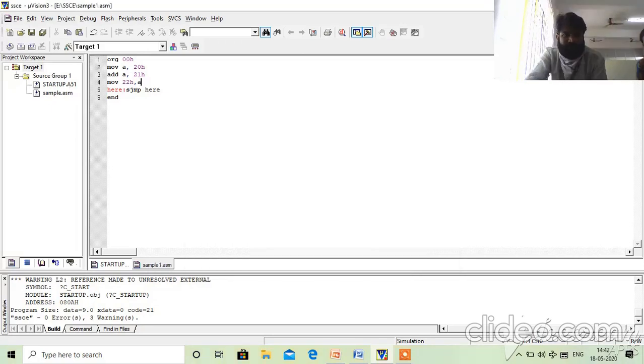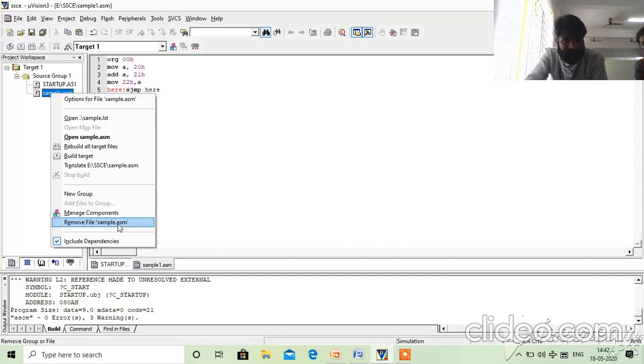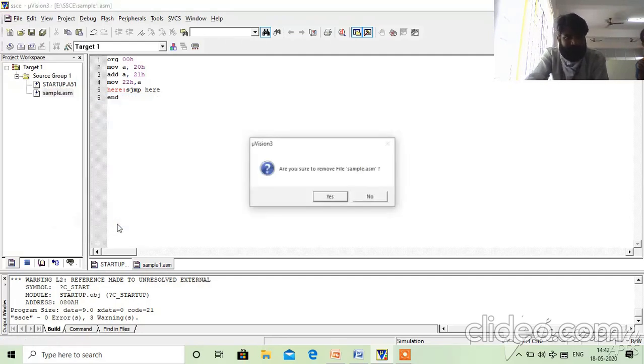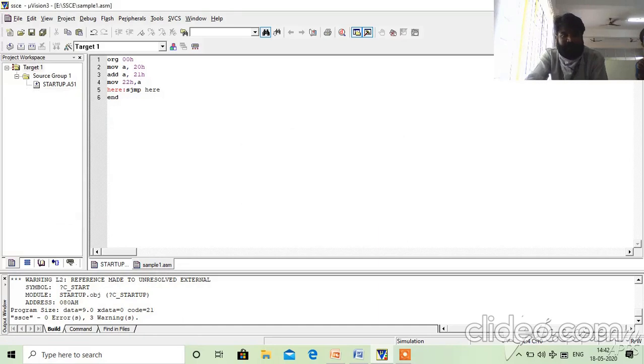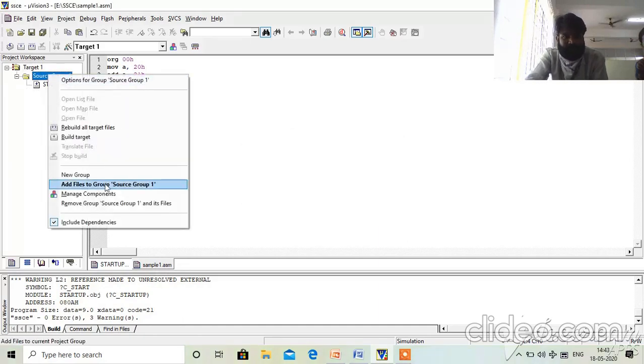Once saved, the program present is sample.asm, but we saved the program name as sample1.asm. So you need to remove this sample. To remove sample.asm, select and right click. Here it is asking remove file. Say yes.